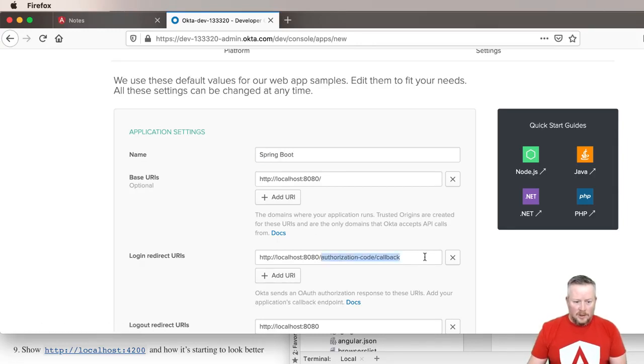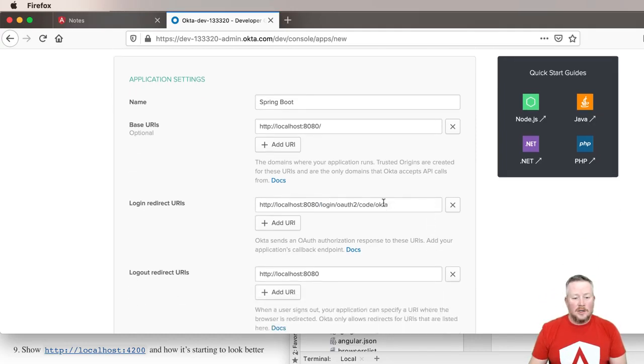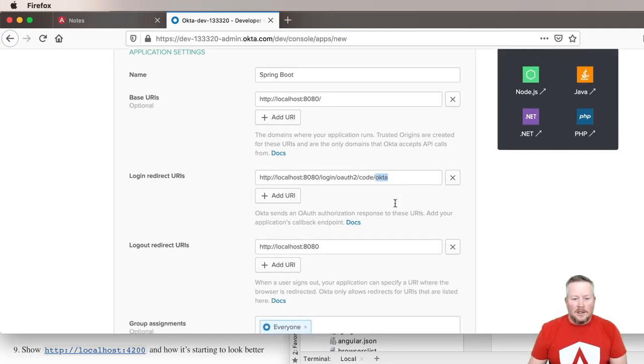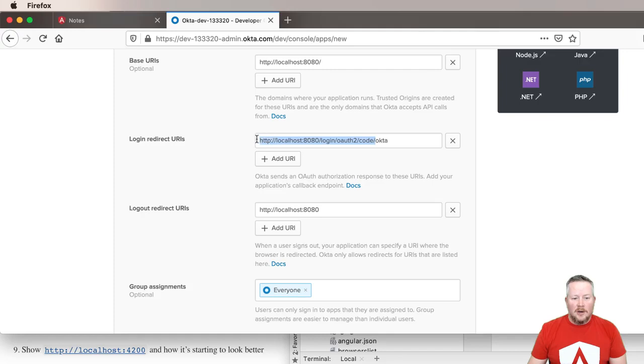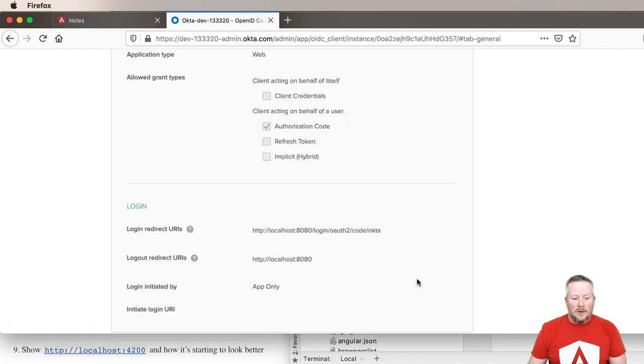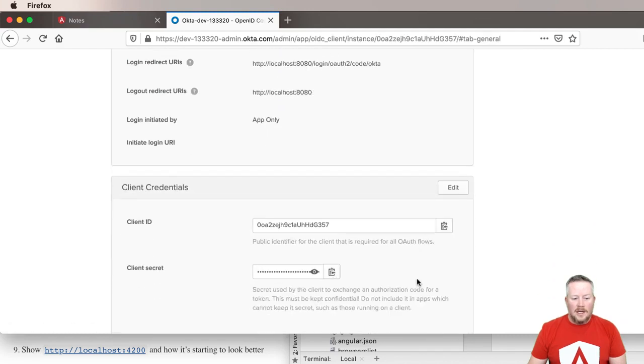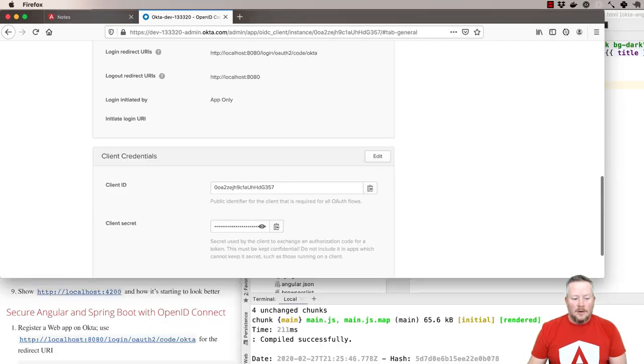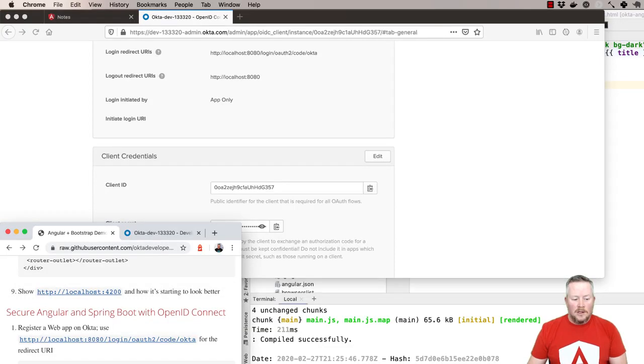And it's localhost 8080, login, OAuth 2, code, Okta. And so that's built into Spring Boot. If you were to use a different provider, you would use something other than Okta at the end, but the rest of it is standard Spring Security configuration for OAuth and OpenID Connect. So we'll go ahead and click Done. And then we can use the client ID and client secret at the bottom here to configure the security for